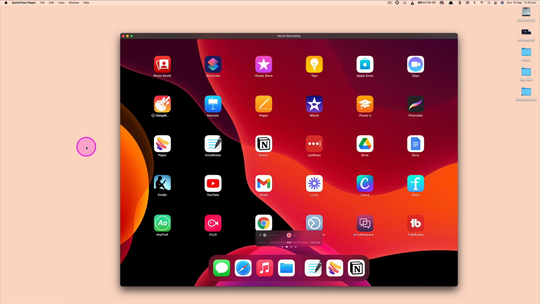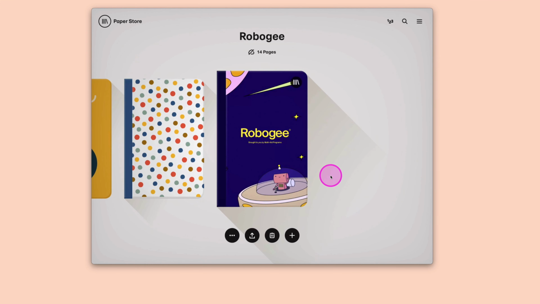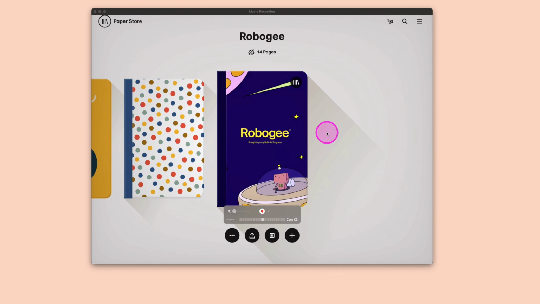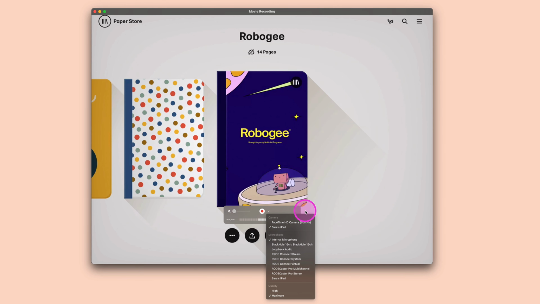And now once you open up QuickTime, you'll be able to see the content of your actual iPad, iPhone device through QuickTime. One little trick that I found, if you're having problems trying to get QuickTime to show your iPad screen instead of your camera, is if you hover over this little drop down section here for the camera feed, you might be able to see the camera and your actual iPad there. So make sure that it's switched to the right one. So try giving that a go if you're having problems bringing in your iPad.